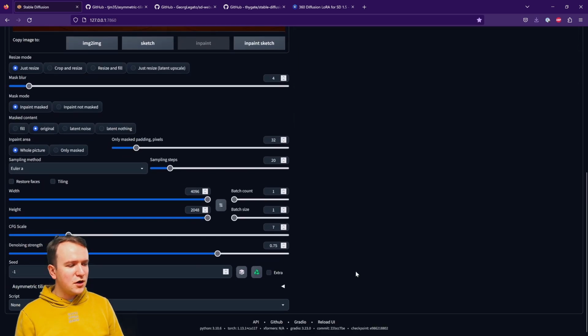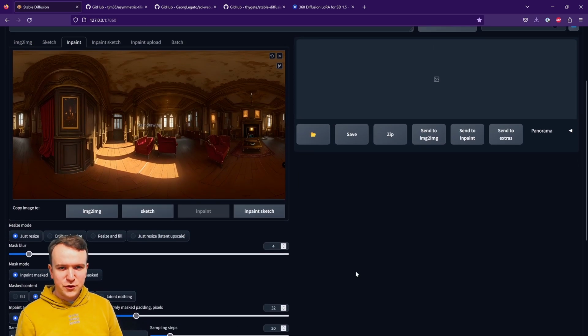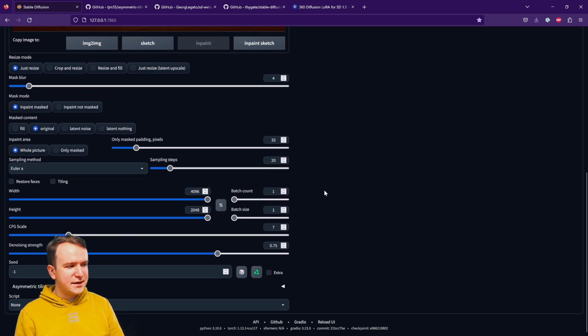Of course, we could also use ControlNet, if you know that from my other tutorials. It would help with some of the details and keeping the general shape of the furniture. But for this purpose, I'm perfectly okay just using image to image to do some minor edits. Right, so I'm just going to paint over. And now what's very important is the settings, right? So I don't want to inpaint the whole picture, which would be a giant image, right? We have this upscaled resolution. I want to only inpaint the masked area.